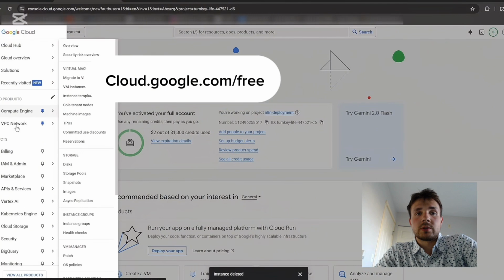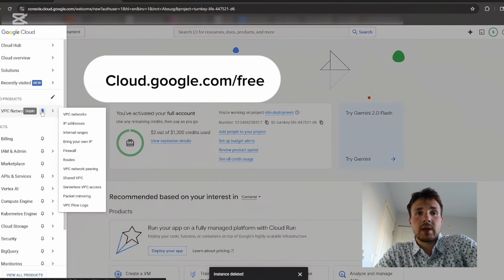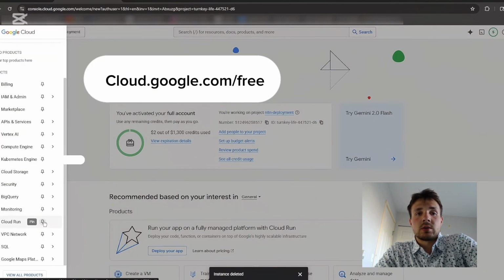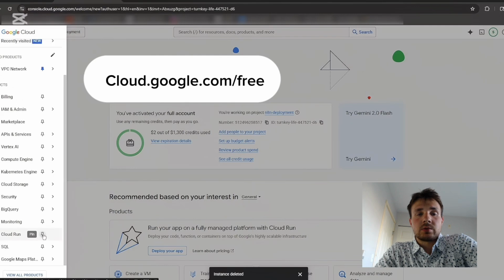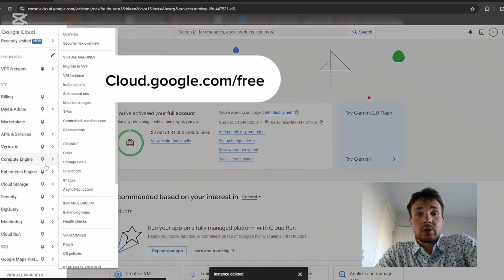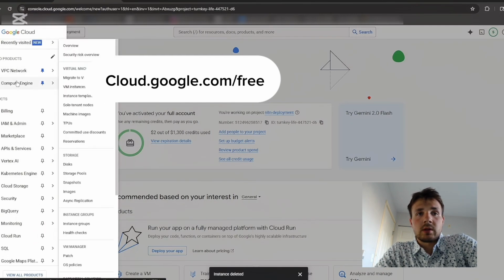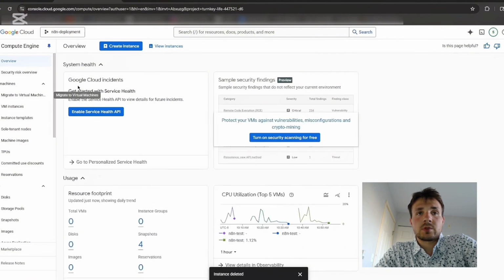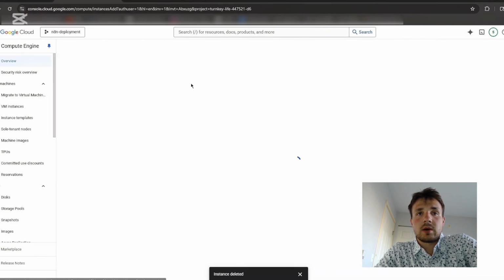So what you want to do is you want to highlight Compute Engine and VPC Network. So go ahead and highlight those. Once you have created your account, you'll be able to see it on your left border. And then first we're going to head on over to Compute Engine. So what you want to do is create your API, and once your API is created, go ahead and click